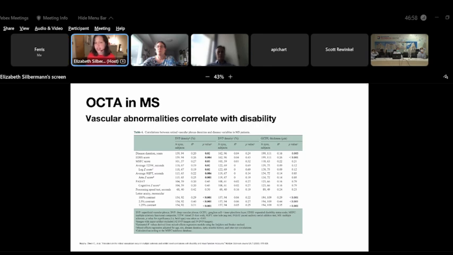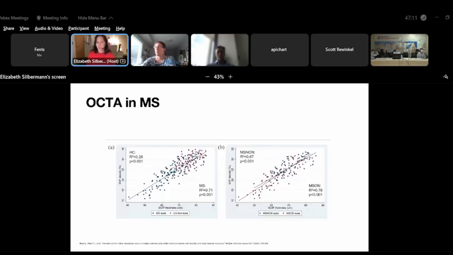However, of note, they also found that retinal thinning correlates with worsening clinical outcomes. So they then wanted to look at the relationship between retinal thinning and vasculature, and that is shown here. You can see that there's very clearly a tight linear relationship between the thinning of the retina and the drop in vascular density. And that's true for both MS eyes as well as control eyes and MS eyes with